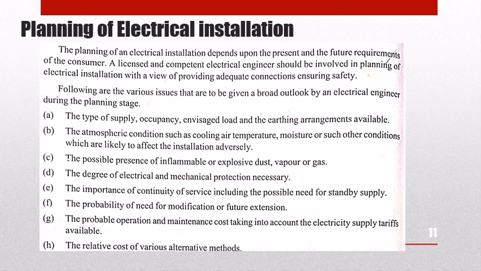Next, when planning the electrical installations, these are the things which have to be considered. The following are the various issues that are to be given a broad outlook by the electrical engineer during the planning stage. What are the things the electrical engineer has to consider when planning for the electrical installation? First one is the type of supply, occupancy, and load, and the earthing arrangement available, and also the atmospheric conditions